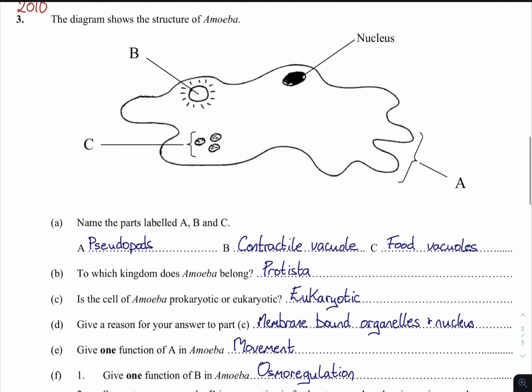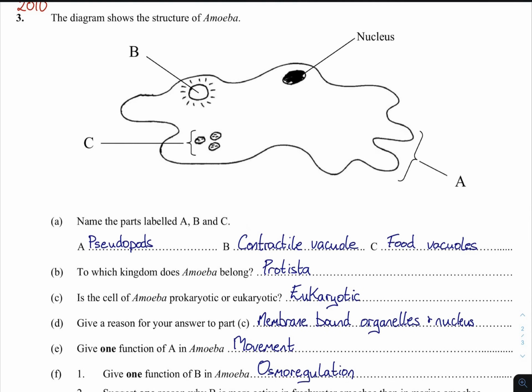Okay, so for freshwater, if we were to go back to our definition of osmosis in the first place, before we move on to that, osmosis is the movement of water from a high water concentration to a low water concentration across a semi-permeable membrane. So obviously this is our membrane over here, and it's going to be semi-permeable. So if it was fresh water, which would be out here,